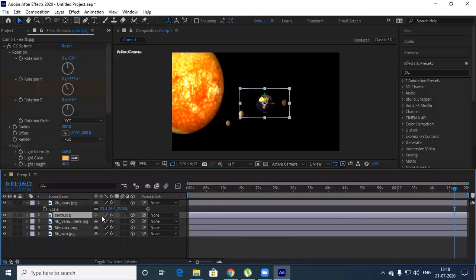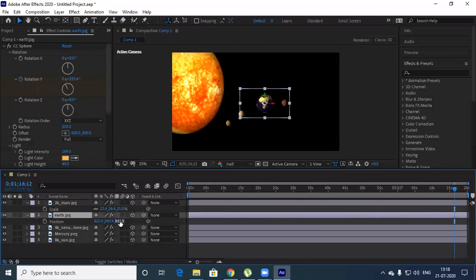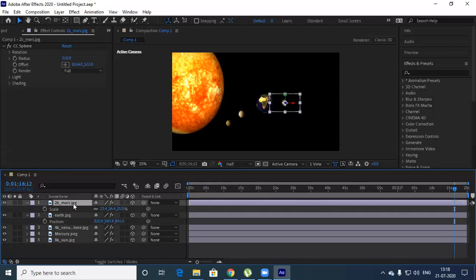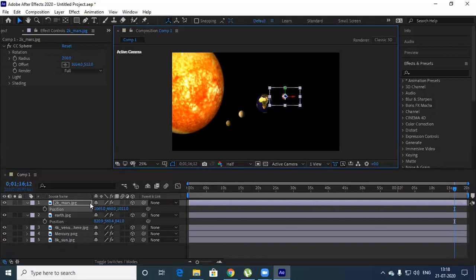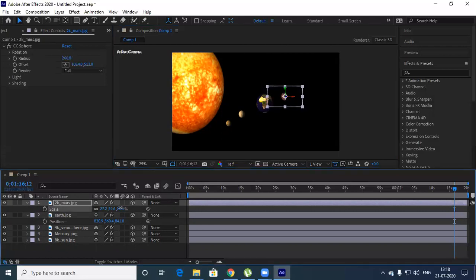See here, Earth z-axis, it's 841. Mars z-axis, it is 1011. Okay. So that much distance, it's a bit away. So you do the placements here in such a way that